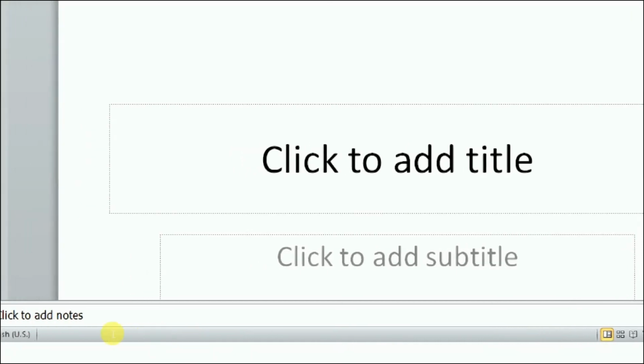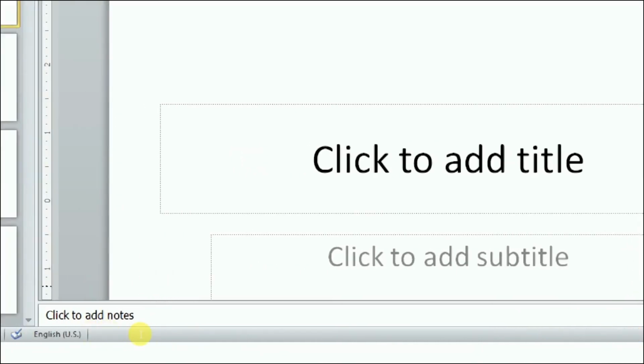And at the bottom, just below the slide, we have the notes pane, right? In the notes pane, we can type personal notes about the current slide. If I want to keep some information regarding the current slide, these notes do not appear on the screen when the slides are shown in full screen mode. So these notes are for the creator of the slide, the person who is making the slides. This will not be presented as a part of the presentation. It will not be displayed when the slides are in full view mode.